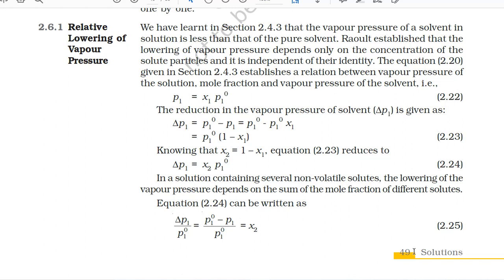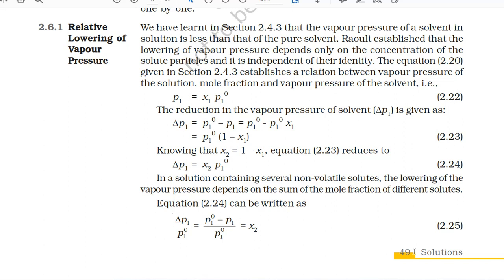The reduction in the vapor pressure of solvent, ΔP1, is given as ΔP1 = P01 − P1 = P01 − P01 X1 = P01 (1 − X1). Knowing that X2 = 1 − X1, equation 2.23 reduces to ΔP1 = X2